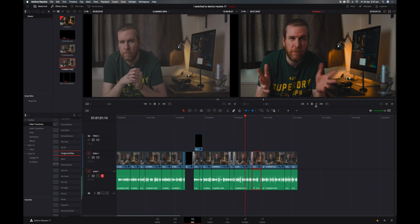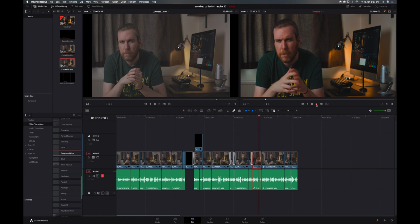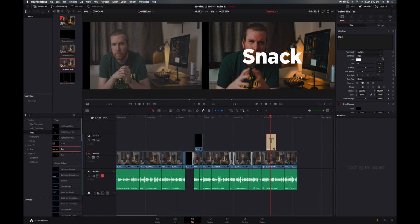But there are times when I use that button up there, I press it, and I'm expecting it to stop where I want it to stop, but instead nothing happens. I mean, the button animates as if it's meant to be doing something. But another strange little glitch that I've found,